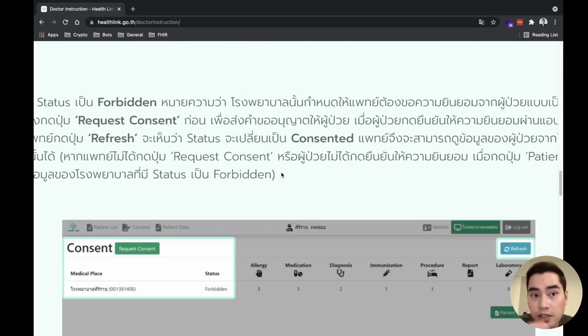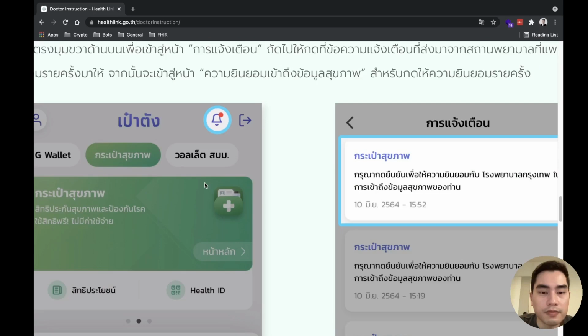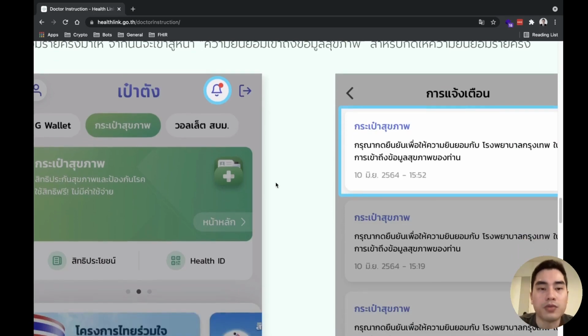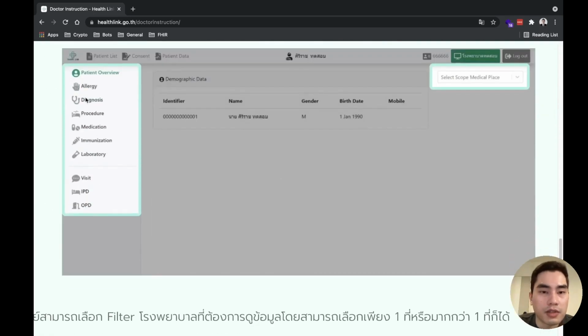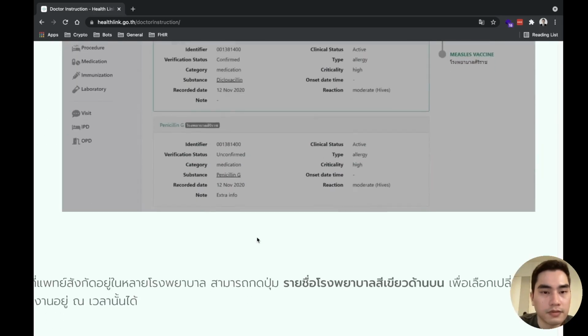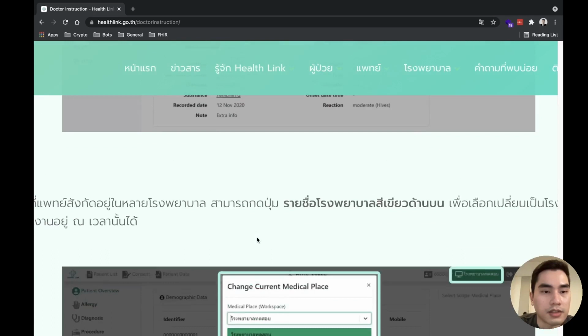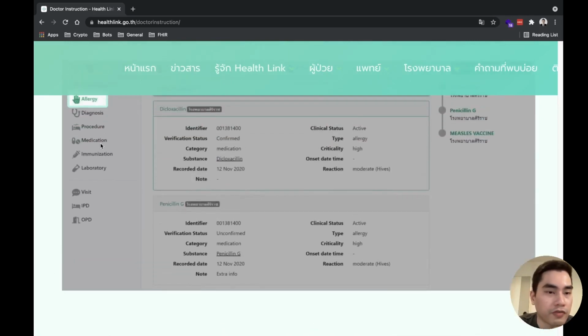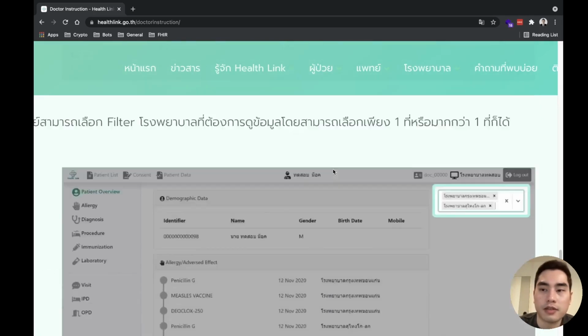Let's say it's information from another hospital where the patient has been treated before. You request access, and the patient allows you to see. You will see the information here. This is the medical record of that patient from his or her previous hospital visit. What medication they have taken before, you can see here as well.